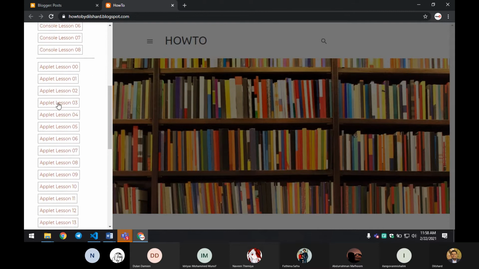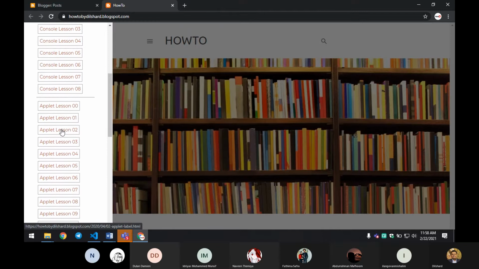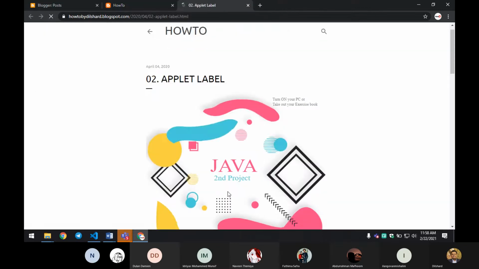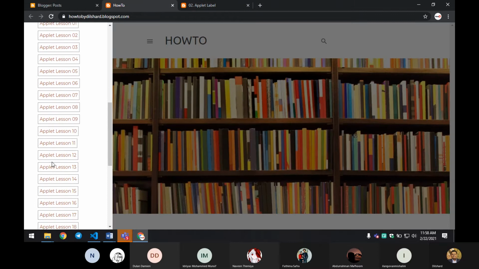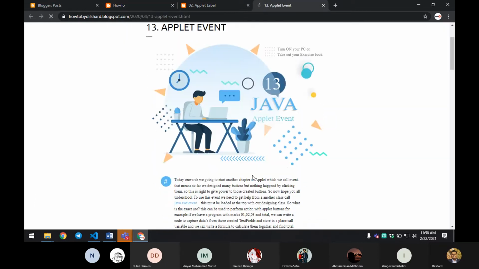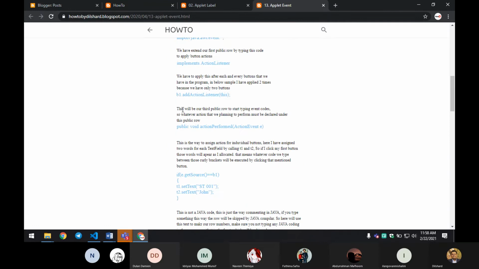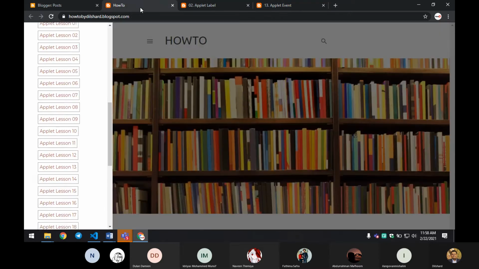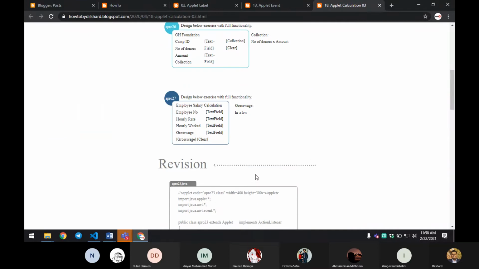Right, here we have many projects for applet. We'll open the basic one. Okay, it's too basic. I'll open something like this. Here you can see codings. I need a question, right?